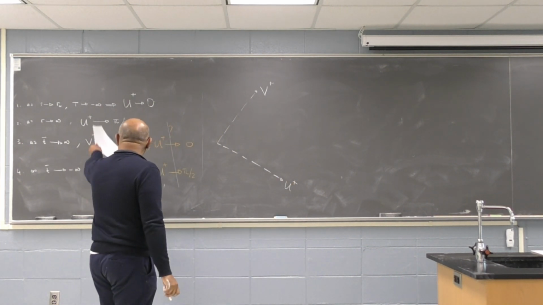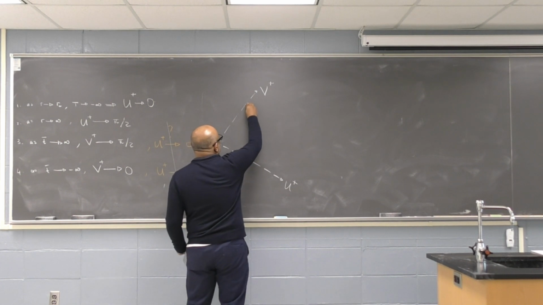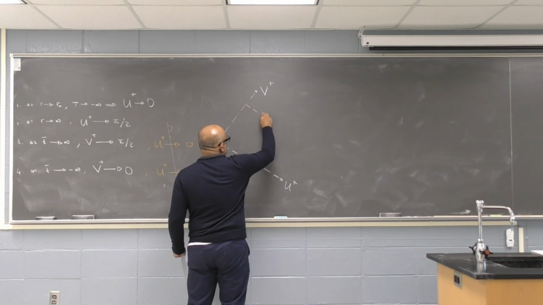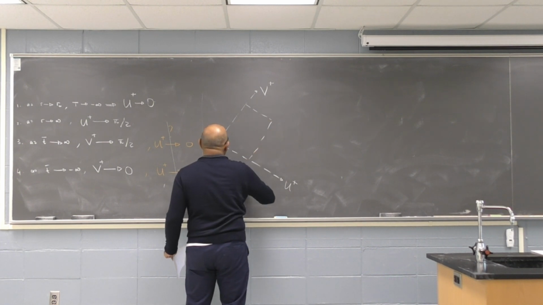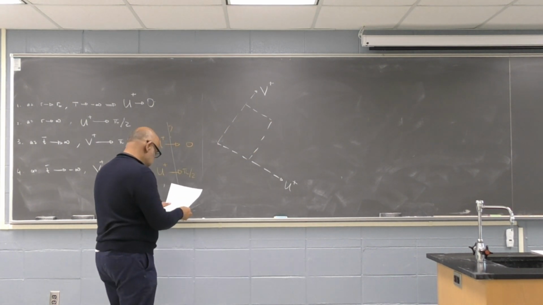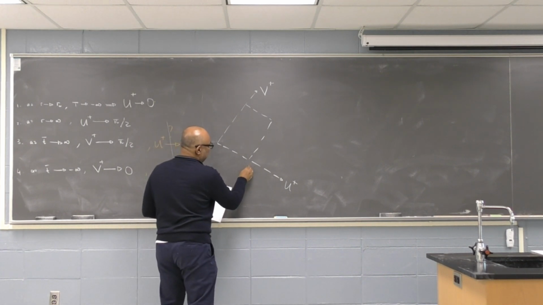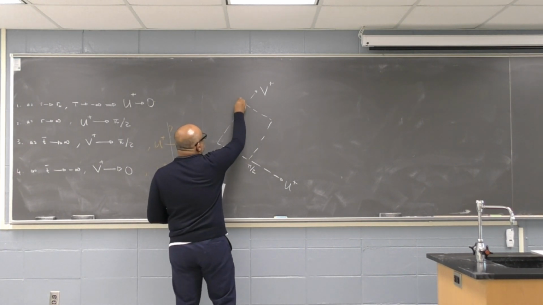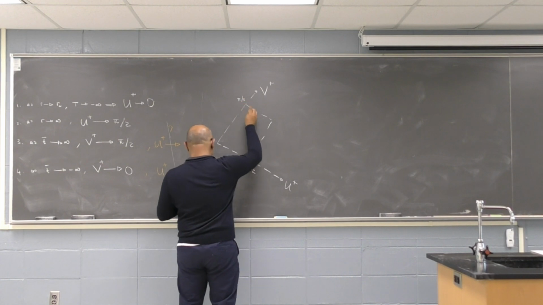And what I have just written here translates to the following. This is just block 1, because this analysis was done on block 1, and this is of course pi over 2 and pi over 2,